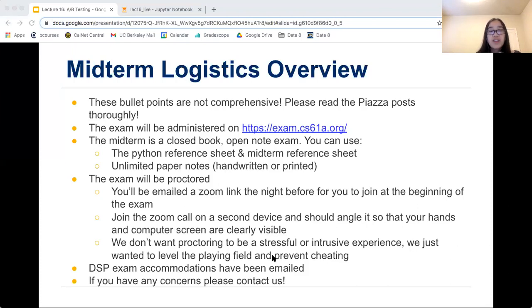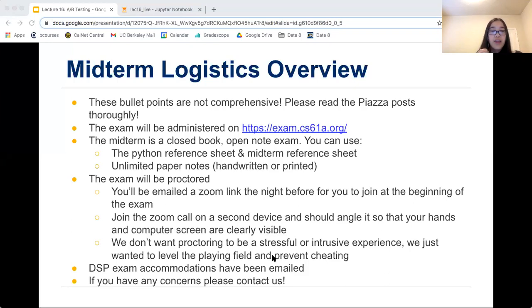If you have any concerns, if you don't have a second device you can use, or any other types of concerns about this, please feel free to contact us. But again, we just want this to be as stress-free as possible for you to just work on your exam as normal, with the only exception being on a Zoom call.